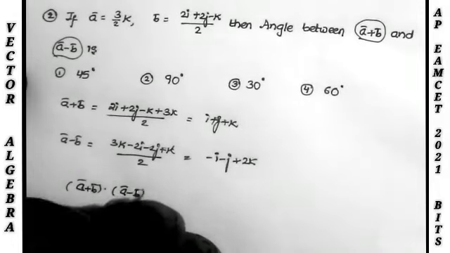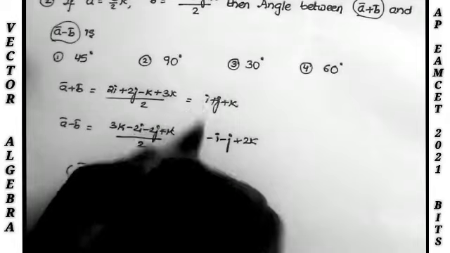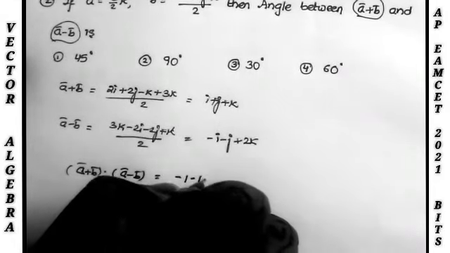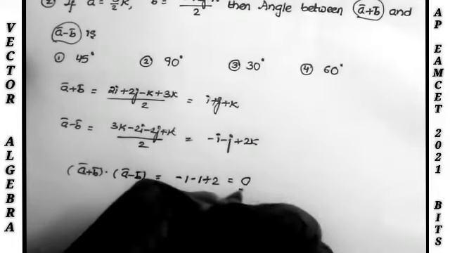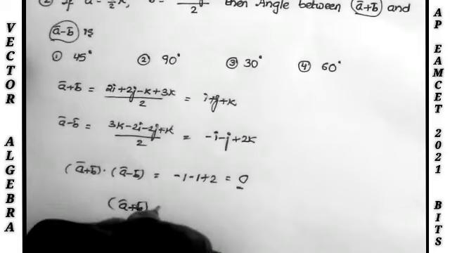Now the dot product is equal to, how do we find the dot product value? I component into I component: 1 into minus 1 is minus 1, and this 1 into minus 1 is minus 1, and 1 into 2 equals 2. So this 2 minus 2 equals 0. That is, the dot product is equal to 0,